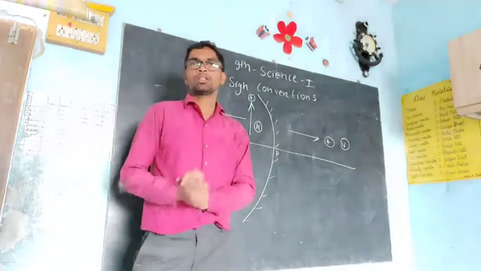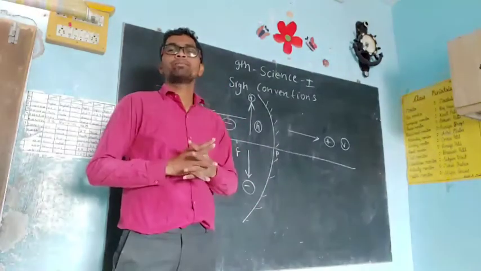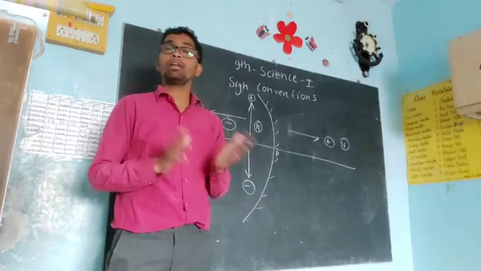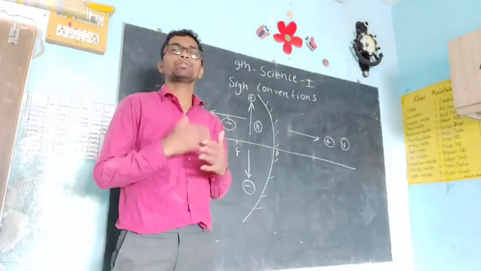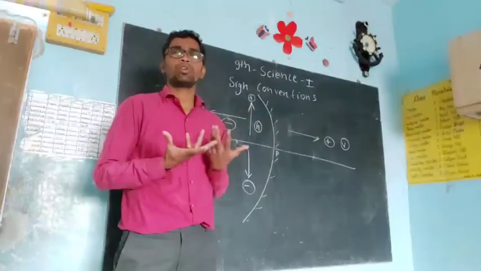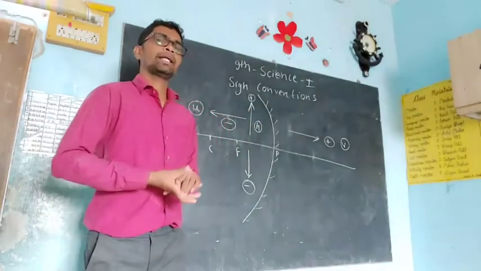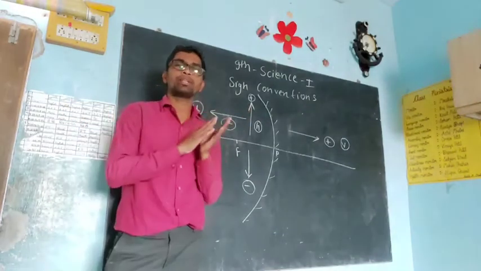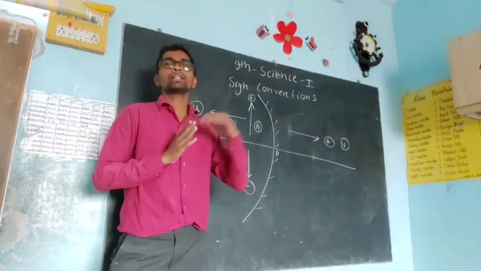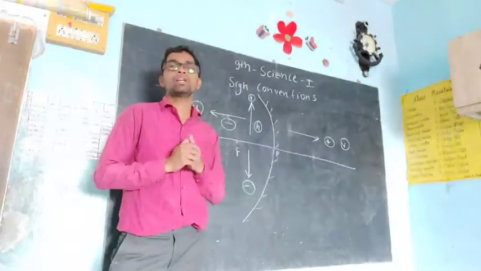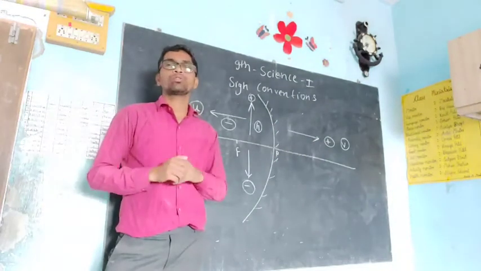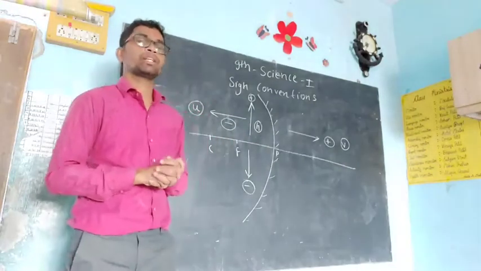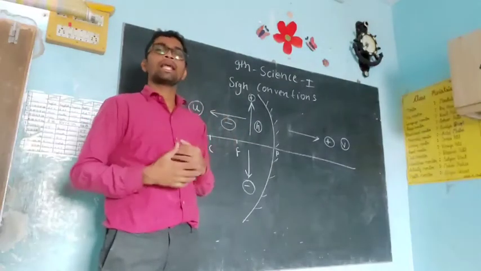the mirror. Sign convention means whenever you solve an example related to mirror or lens, or whenever you draw mirrors, objects in mirror or images, then we have to consider the distance between object and mirror, the distance between object and image, the height of the object, the height of the image, so many things we have to consider. But whenever you solve an example,